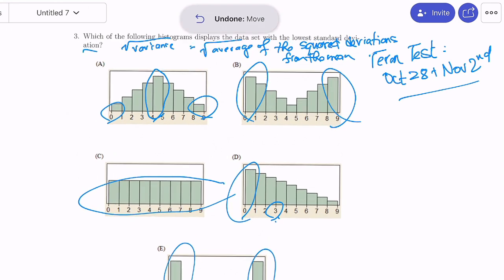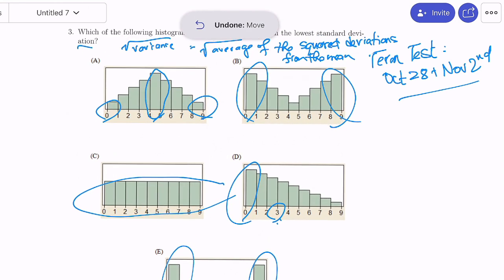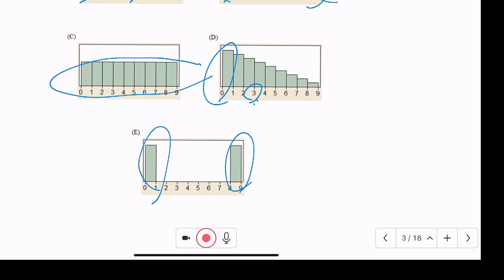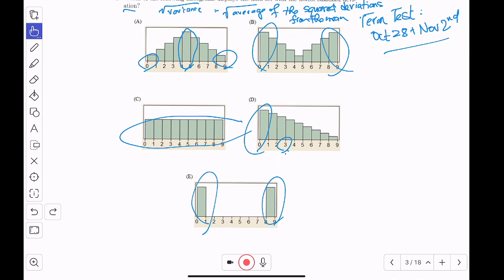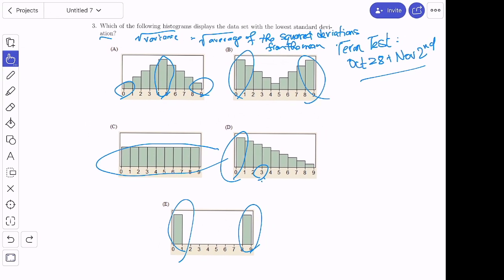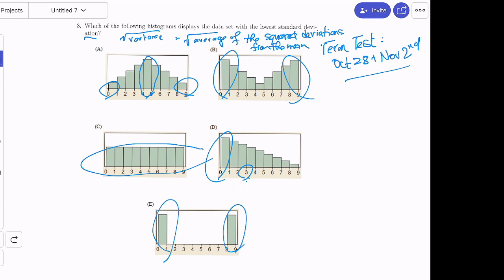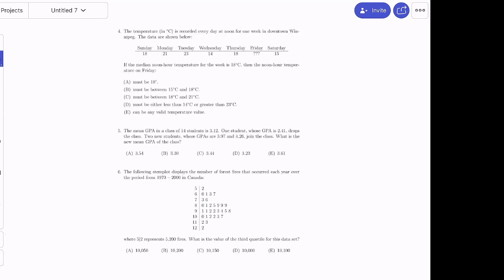Well, that didn't work. I'm going to make it a little bit smaller here. Let's see if I can do this. All right. Questions? All right, should I keep going? Did anybody have any particular questions on this test? Did anybody do this test already? Did anybody practice this test already?